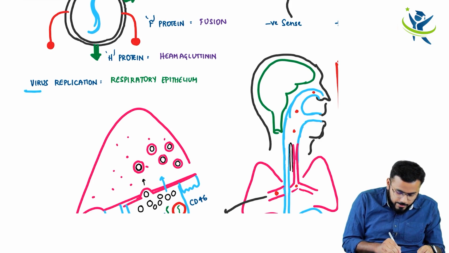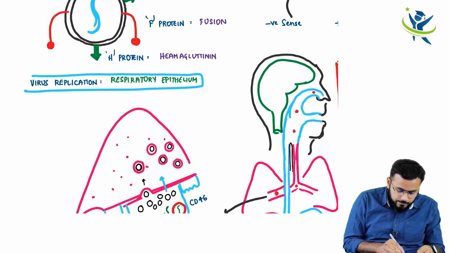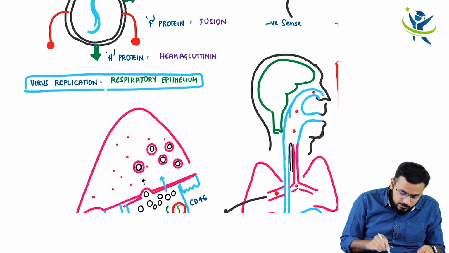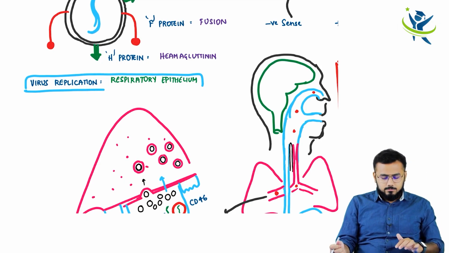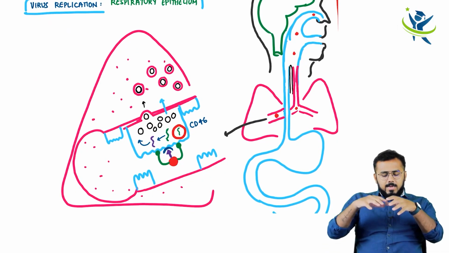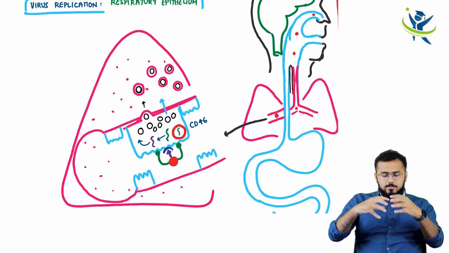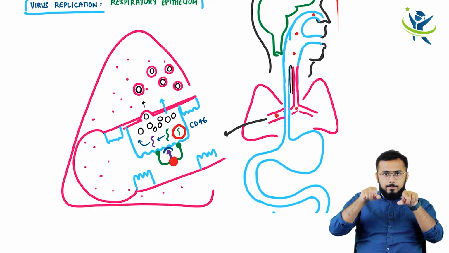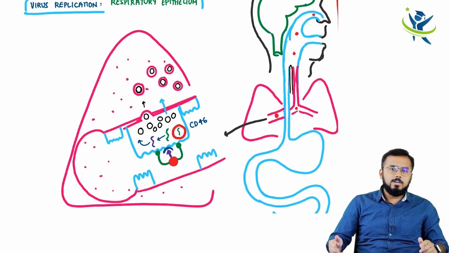Virus replication happened in the respiratory epithelium. Okay, not only the respiratory epithelium, save your space here. I am also going to tell another important part where the virus replication will happen. Now look here, virus replication has happened finally from the respiratory epithelium. The virus has taken the bronchus membrane, the lipid membrane, and finally entered into the interstitium.